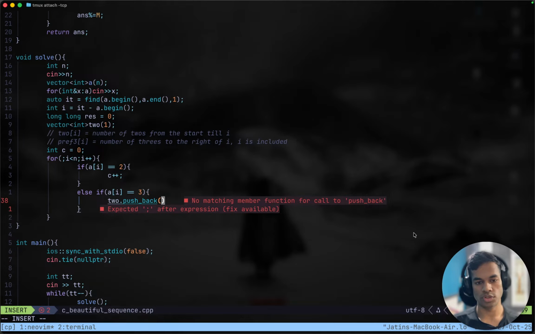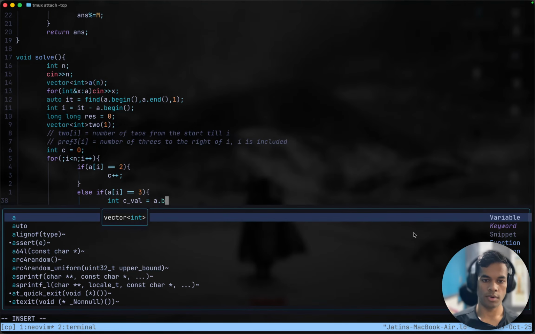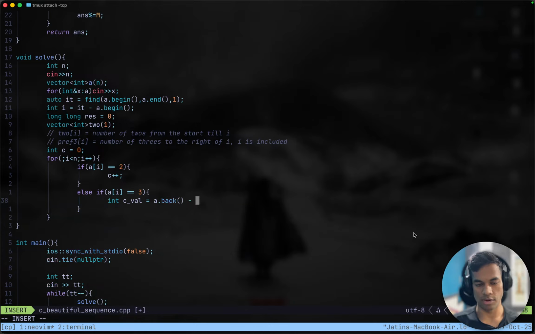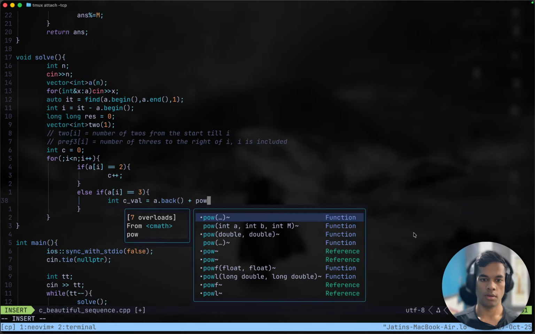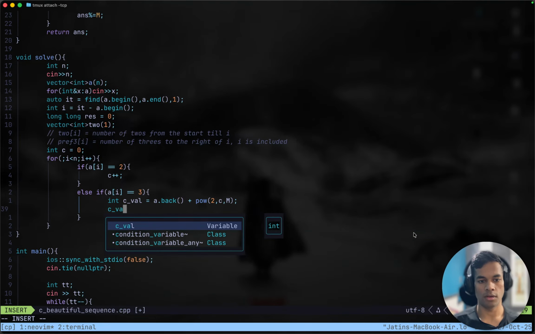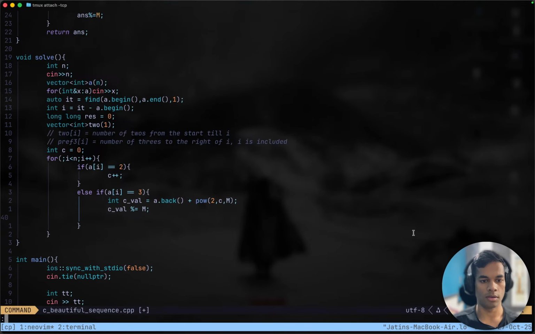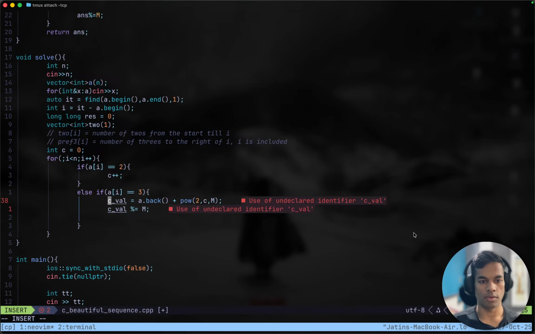Push back in C value, current value is A. Push back the last value in A plus power 2 raised to the power of the current number of 2's that we have seen, with modulo m. And after this C, we will have to take its modulus with m, and we can make this a